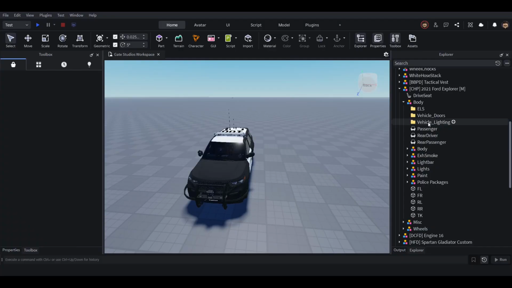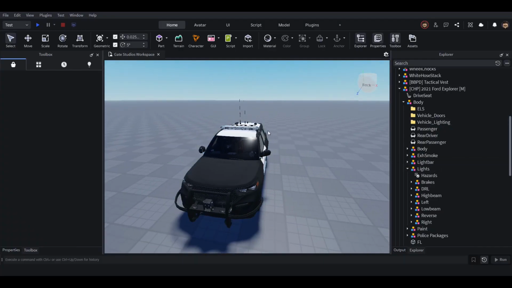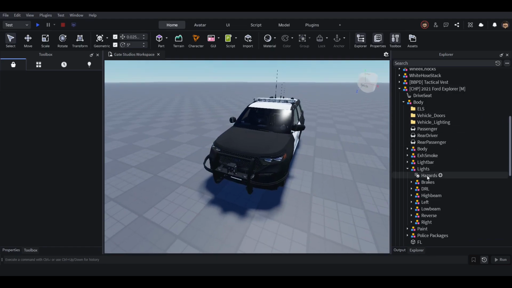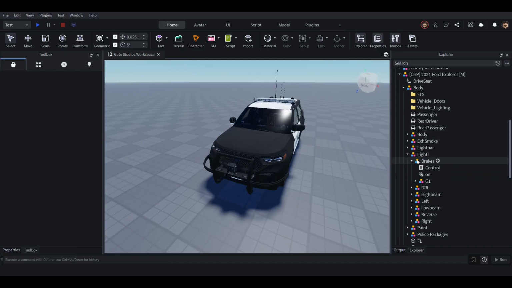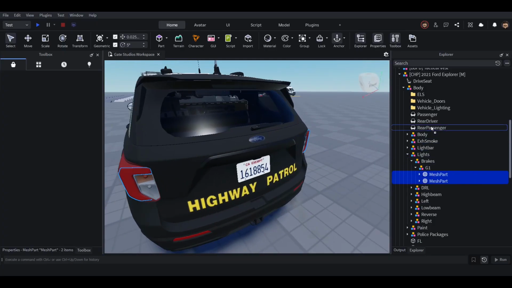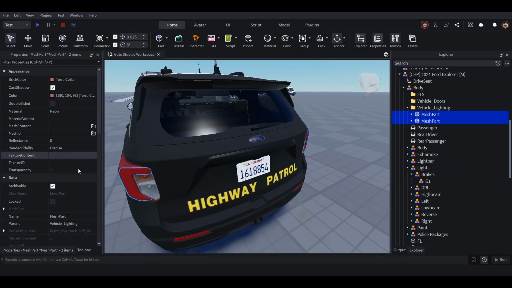All right. Now we're going to go under lights and we're going to start stripping the lights from the cruiser and making them AG compatible. So we do not need that. For brake lights, we can go ahead and delete these. And then these are the two things we are looking for. So we're going to go ahead and throw these under vehicle lighting. Perfect. They've already got lights for us. And then we're going to rename them